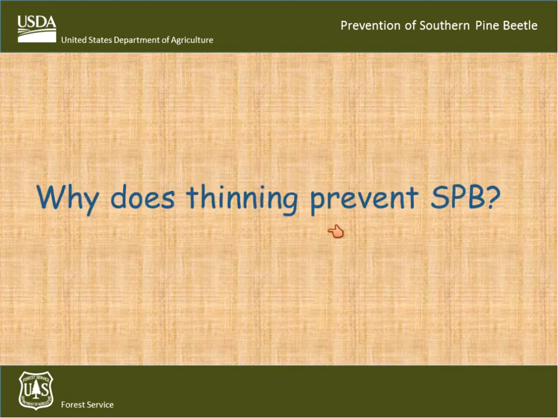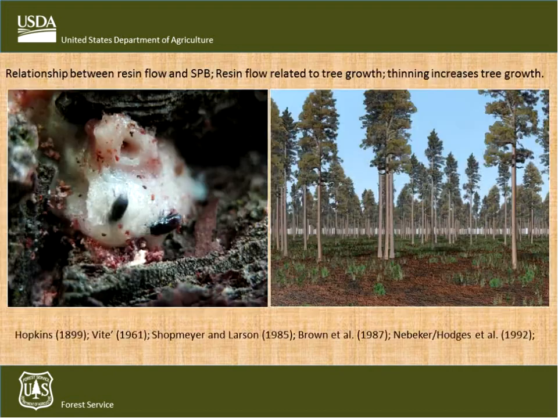So why does thinning prevent southern pine beetle? Well, when I was in forestry school, we talked quite a bit about individual tree vigor. So the faster growing trees had more pitch to create these pitch tubes and potentially defend themselves from bark beetles. So it was all about the individual tree response to attacking beetles. And so what happens when you thin a stand? Your residual trees have more growing space, more light availability, so they put on foliage, more roots, live crown ratio gets bigger,